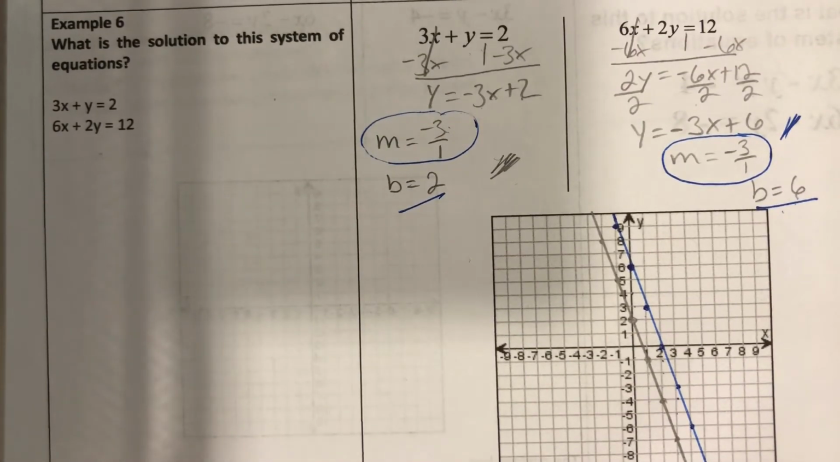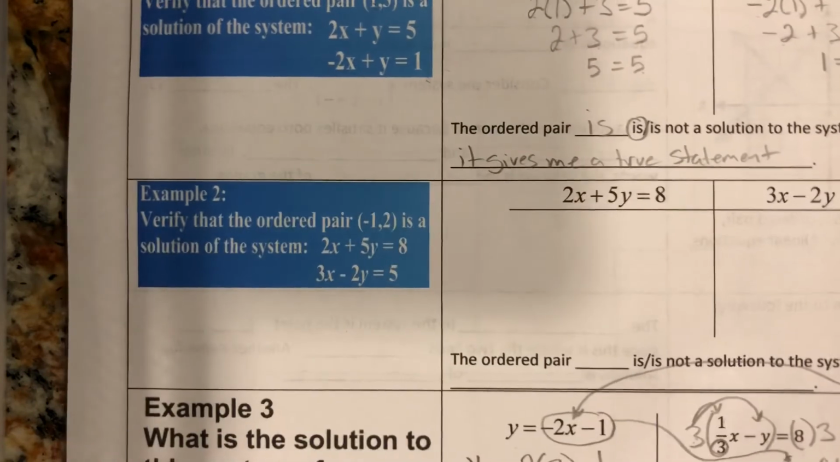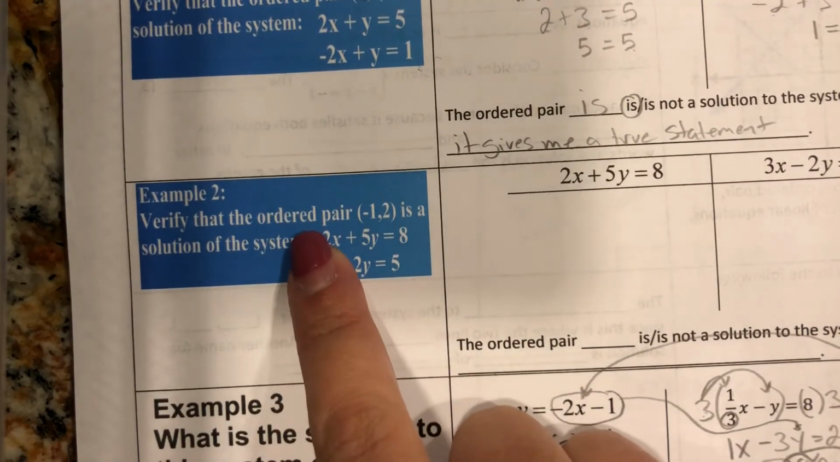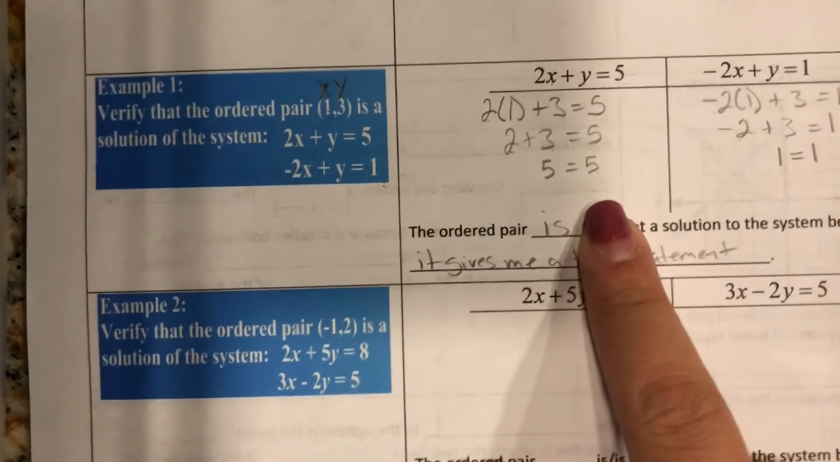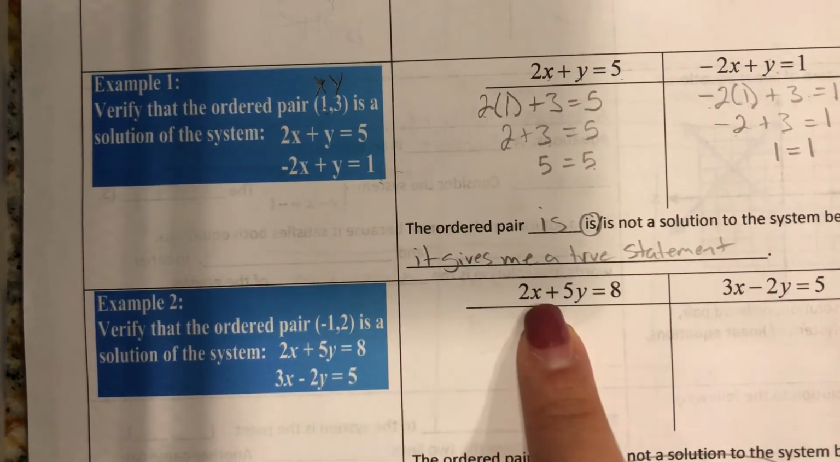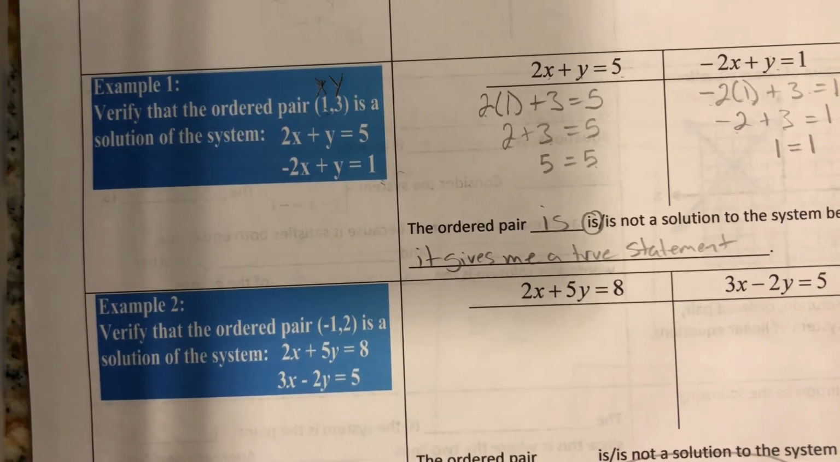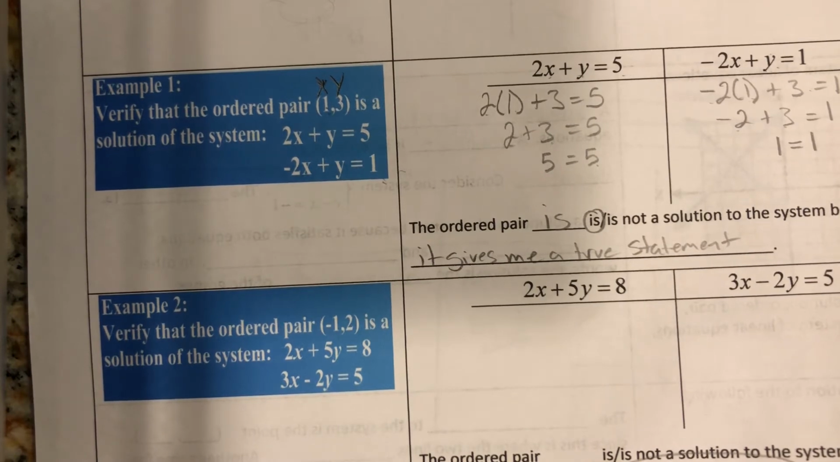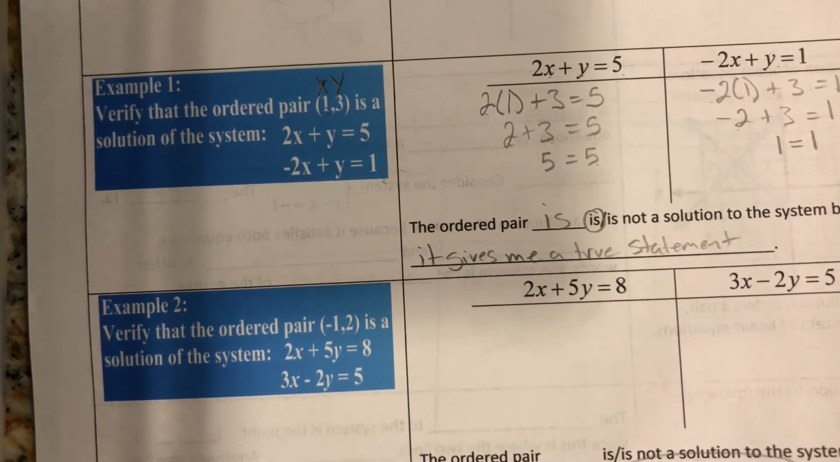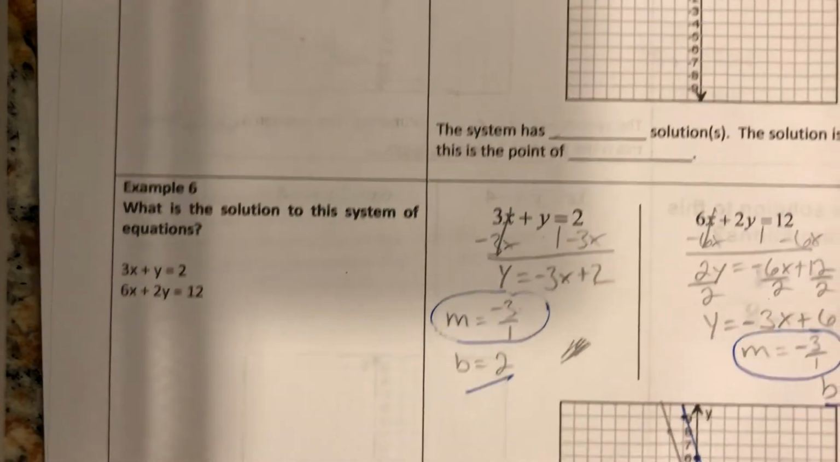So what is your homework? So your homework's going to be this. For example 2, you're going to do the same thing as I did for example 1. You're going to substitute -1 and 2 into your x and your y, and then tell me what your ordered pair is. All right? So that's going to be your first question. Your second one,